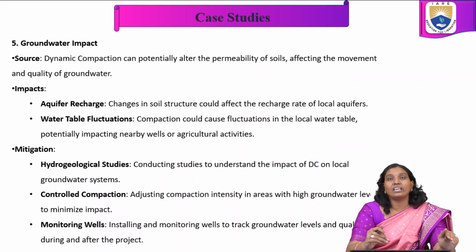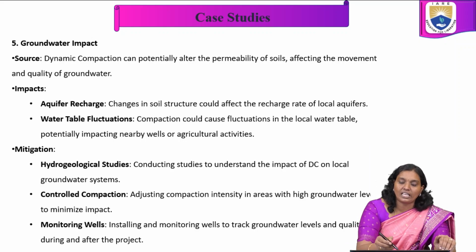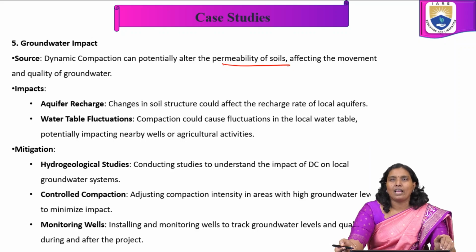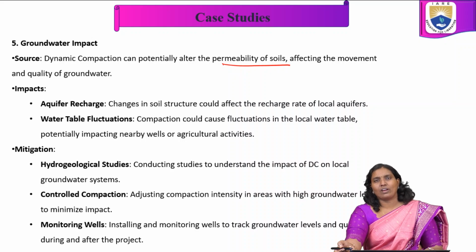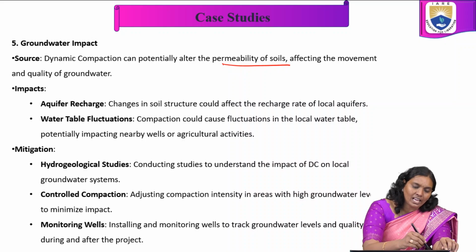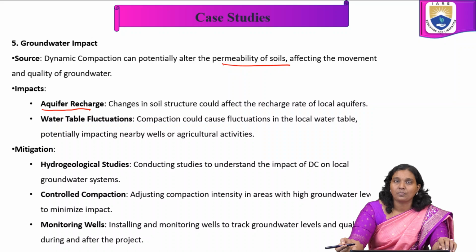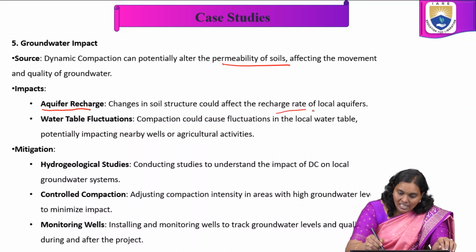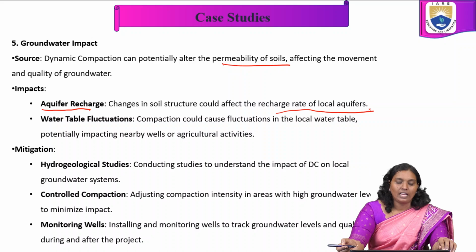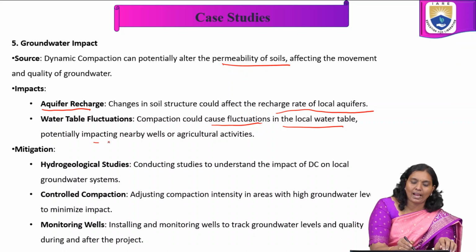So in groundwater impact, dynamic compaction can potentially alter the permeability of the soil, affecting the movement and quality of groundwater. These impacts are aquifer recharge and water table fluctuations. As an impact on aquifer recharge, changes in the soil structure could affect the recharge rate of the local aquifers. As a water table fluctuation, this compaction could cause fluctuations in the local water table, potentially impacting nearby